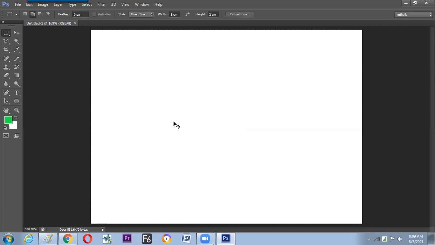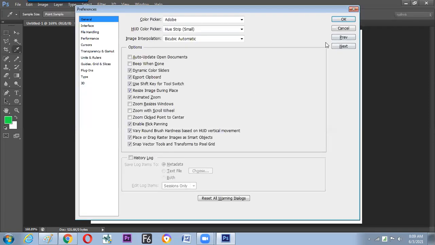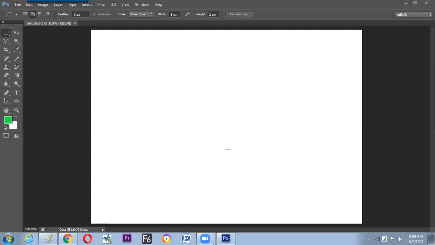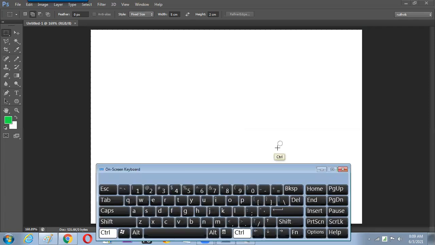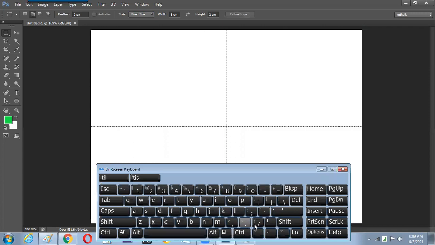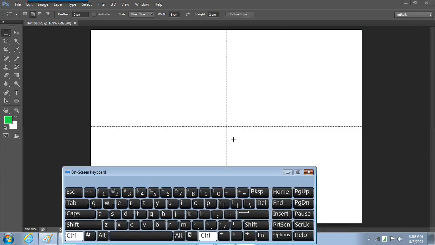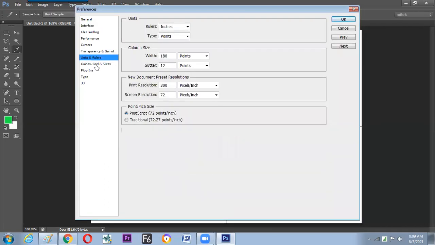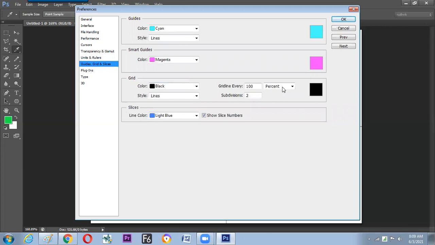Deselect it, switch to the grid. How to open the grid: Control and semicolon, like a comma. I'll show you on the OSK. Here you press Control and this button. It allows us to make the grid. Now after gridding, we can switch to Control K and set up the grid to a smaller format, like inches or millimeters, or centimeter, like 1 centimeter, one grid.